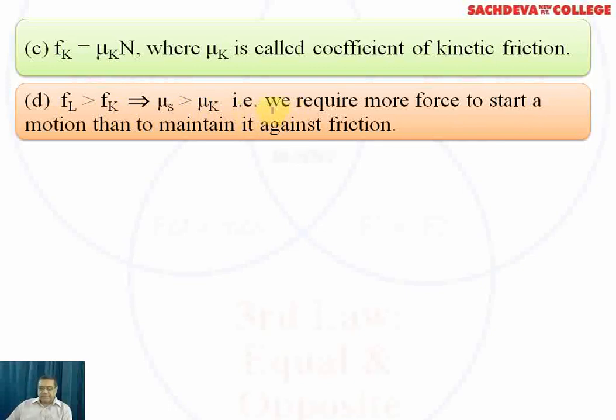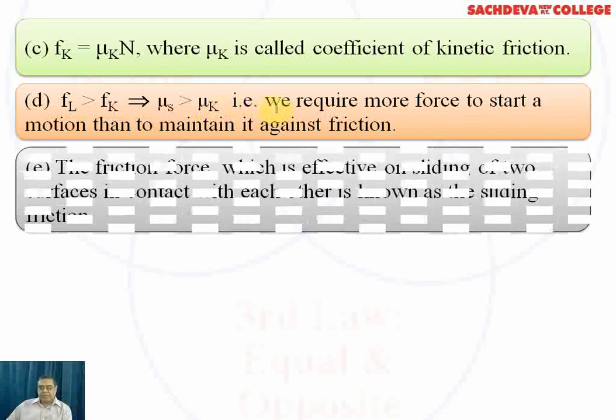So what exactly do we see? The force of limiting friction is greater than the force of kinetic friction, which is equivalent to mu S greater than mu k. That is, we require more force to start the motion of a body than to maintain it against